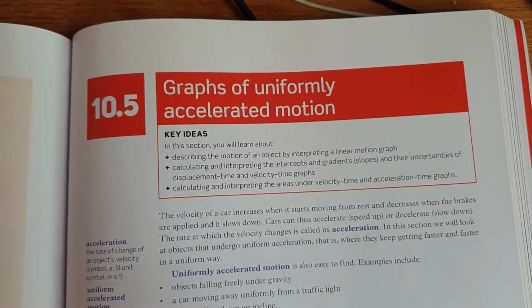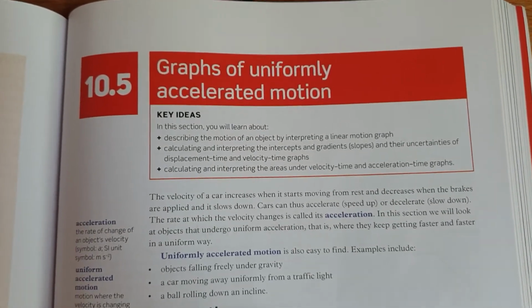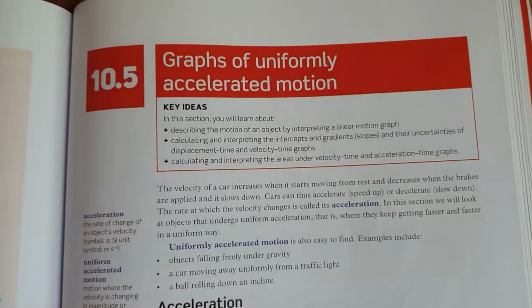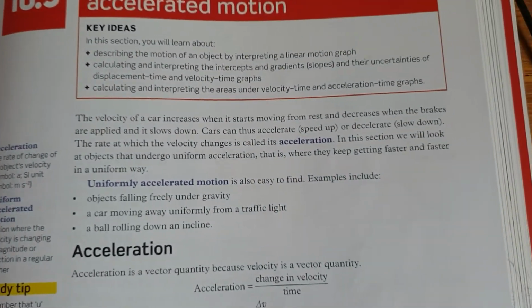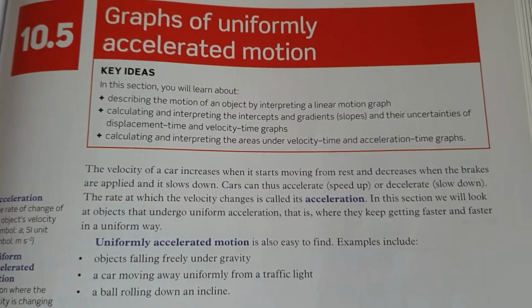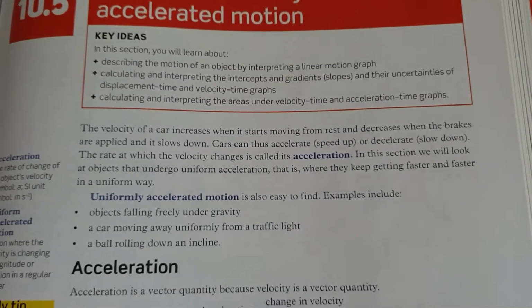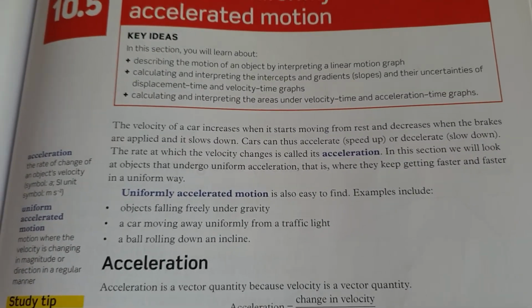Now we're going to have a look at uniformly accelerated motion. So uniformly means constant, it's not changing, an even rate of acceleration. Acceleration happens whenever you have a change in velocity. So that means not only a change in the speed part, but also maybe that acceleration is a change in